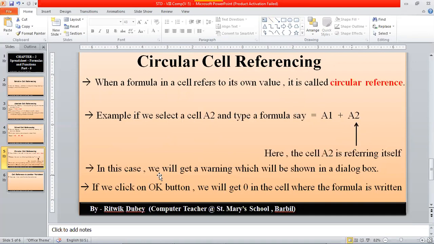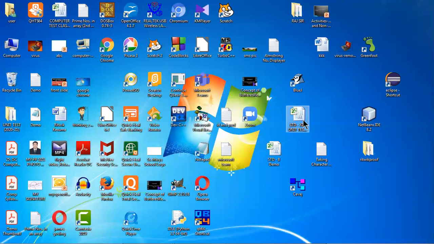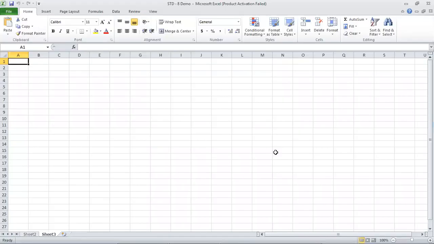In this case, we will get a warning shown in a dialog box. If we click on the OK button, we will get 0 in the cell where the formula is written. Now let me show this to you. Let me open this file.